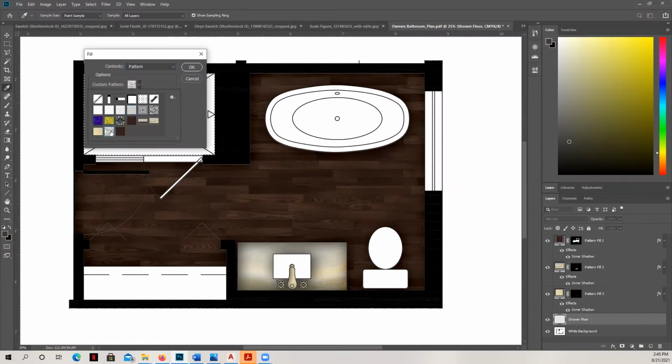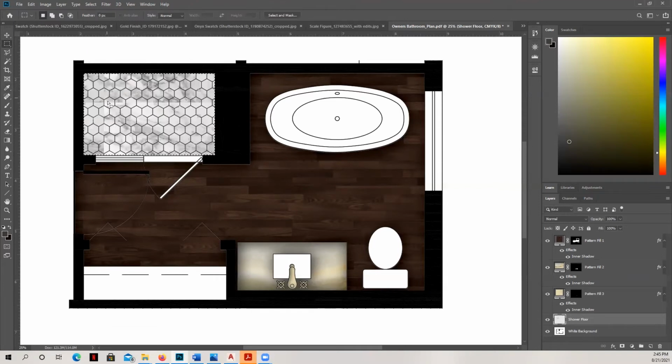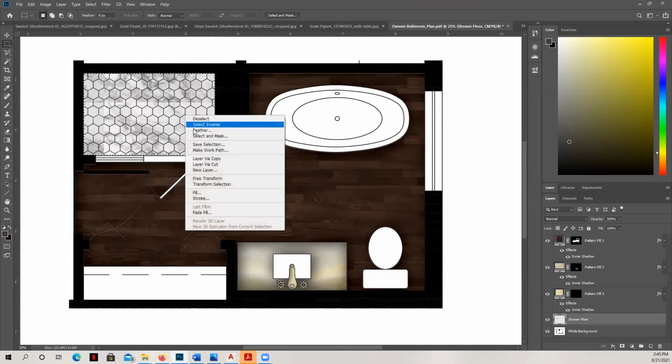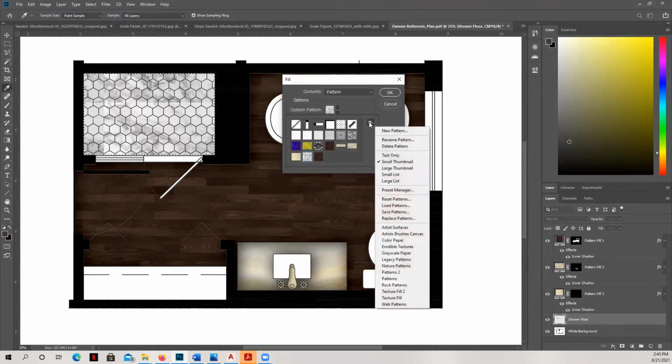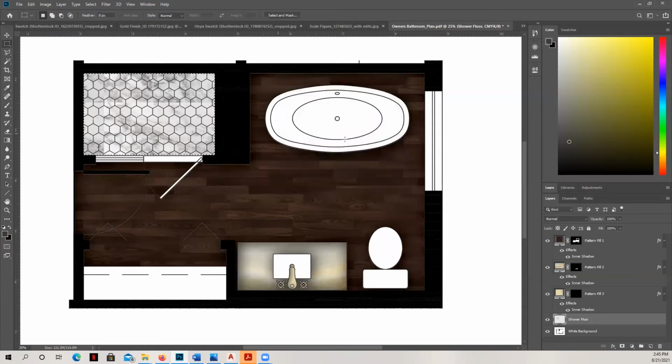I want to go ahead and use the brick, or pardon me, the Carrara mosaic. So I'm going to hit OK. And you can see it's tiling just a little bit. So I'm going to adjust the size of that. Oh, it may not let me. See, you can see here. Let's see. It's not going to let me make adjustments. Interesting. Okay, well, that's not going to work because we need to adjust the scale of that.